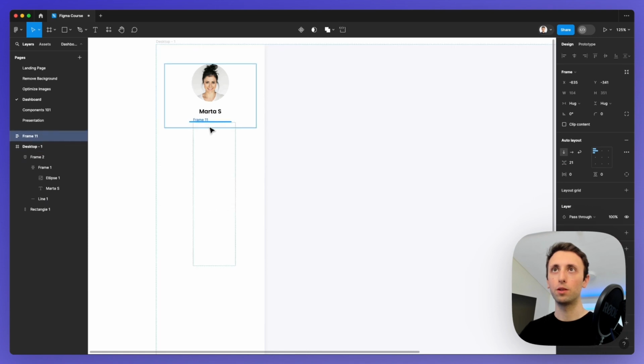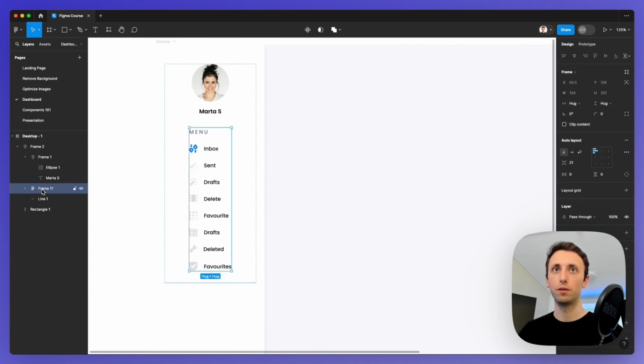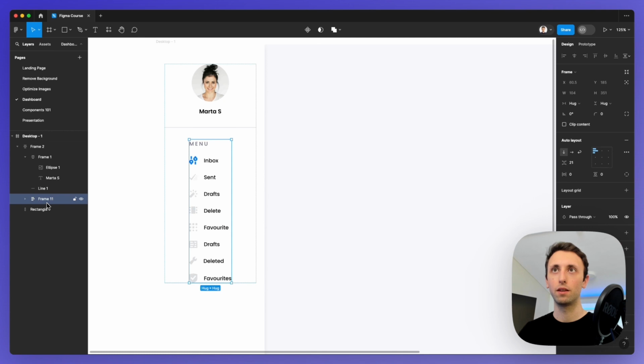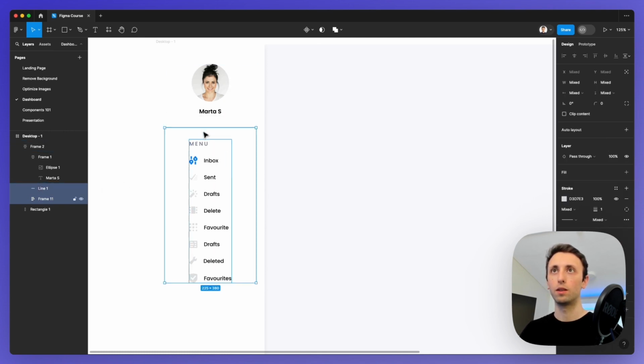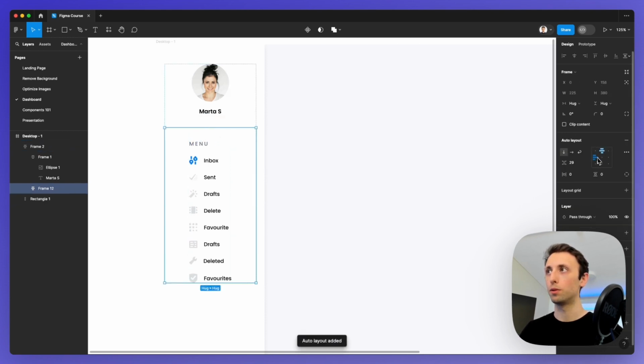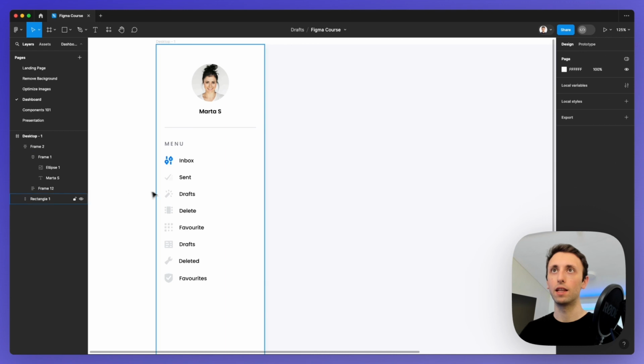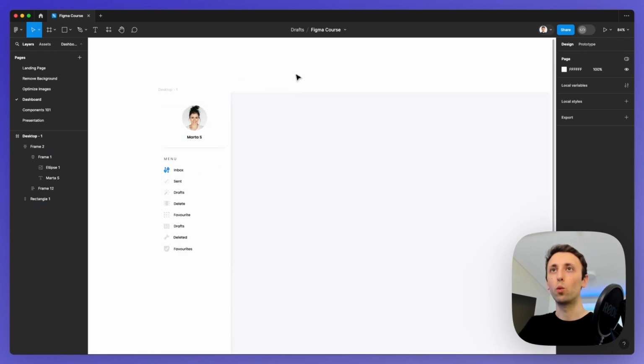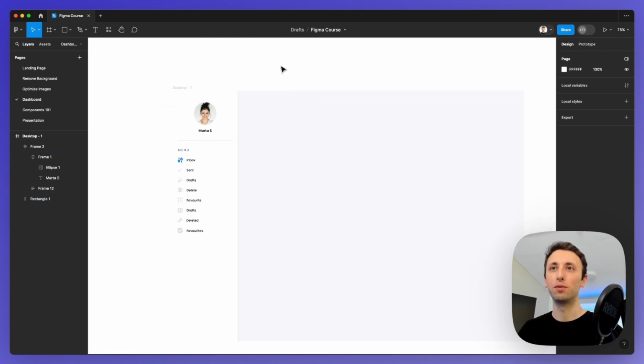Perfect. So I'm going to add them over here below the line, and I'm going to create an auto layout out of this group so that I can left align it, and boom, we have our menu with the auto